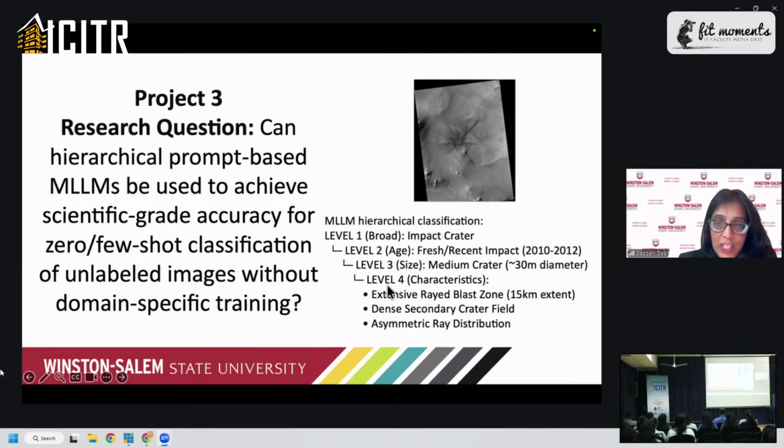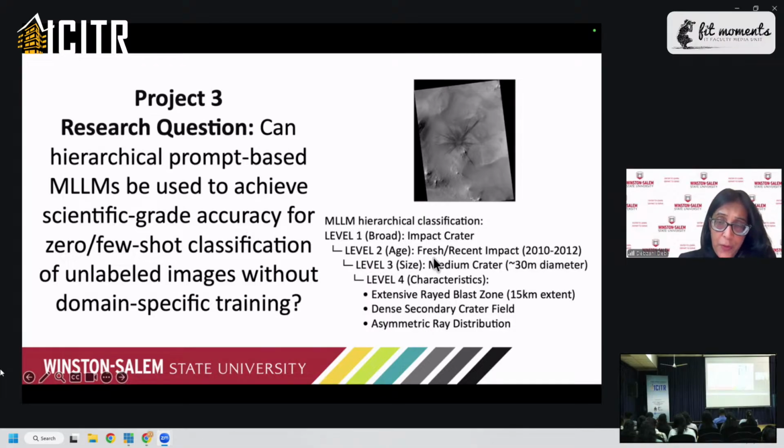So what we are trying to achieve is looking at an image and seeing whether the MLLM system can classify it, and not just with a single-level classification. For example, this image should get a single-level classification like impact crater, because the crater has been created by an impact on the Mars surface. Maybe some meteorite or some object hit the surface, an impact was generated, and the crater was created. But we are not only interested in label 1, we also want to know whether some further